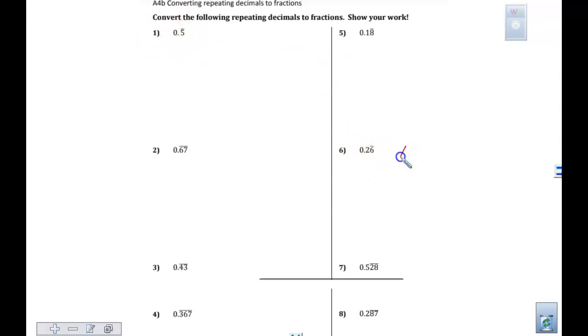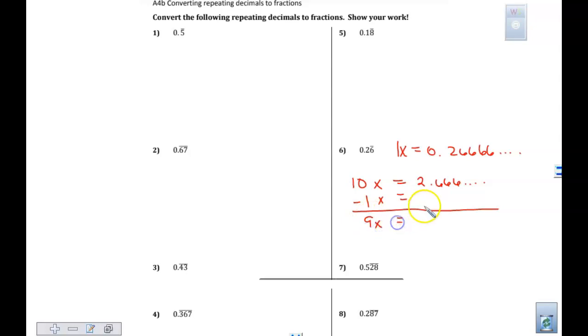Remember, when it's 2 repeating, you want to be thinking of x is equal to 0.2666. That's what's repeating. So since only one number repeats, we are going to take 10 times that 1x. 10 times that 1x moves our decimal over. It is now 2.666 repeating. We are always subtracting the 1x from that, which is nice because we already know that 10 minus 1 is 9x equals,